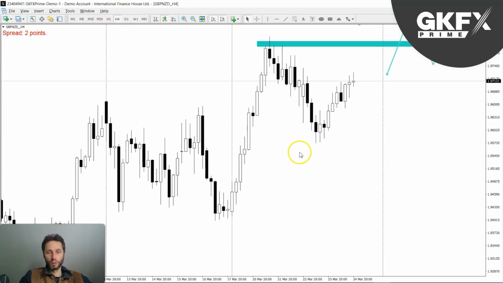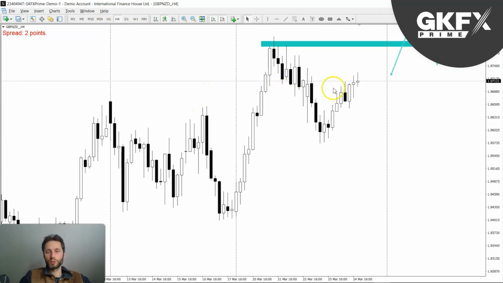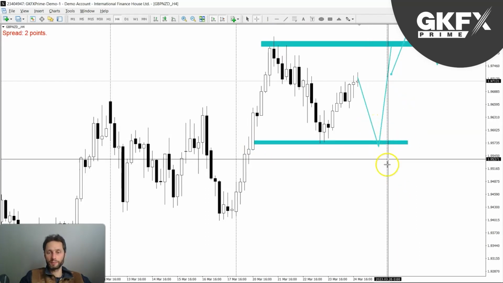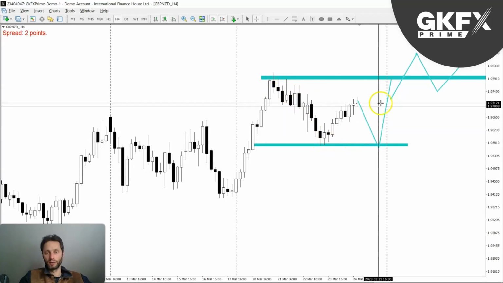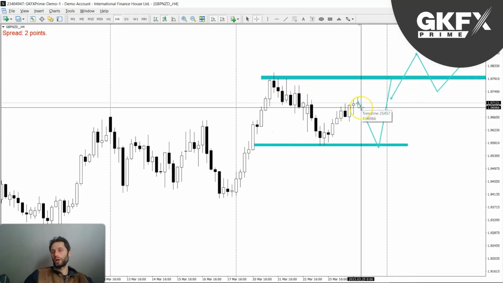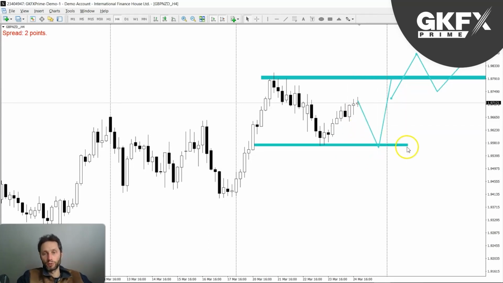And the other option here, there is another possibility, and the other possibility I see is that we come down lower once again, and then with this low down here, then rip higher. So let's see if that is the case. Either way, I'll be flexible. This could be as well a range. So at the moment, I'm not sure where we're going to go from here. I would prefer, of course, the lower price.